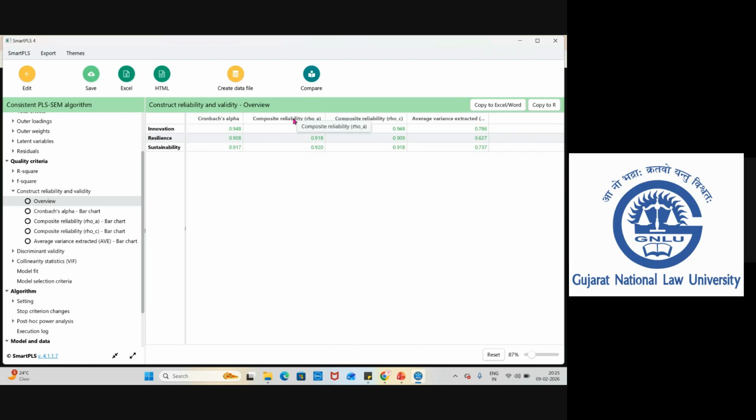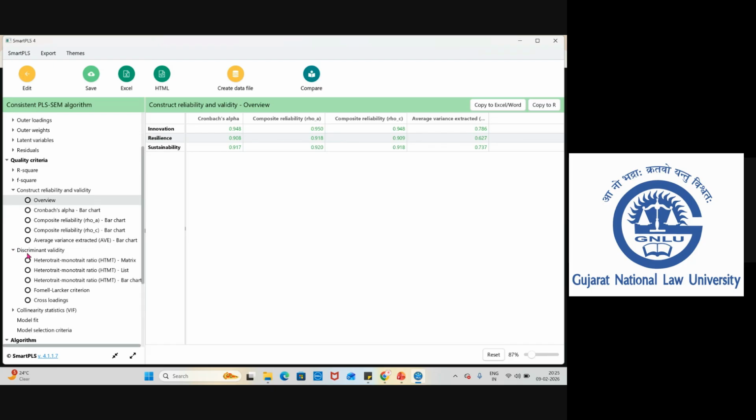I'm not spending much time because some of you may feel it is repetition, but it is a good exercise that we are repeating for every sample data we are working on. Okay. Now you can see the discriminant validity. Our HTMT value should be less than 0.90, or if you're going very strict, it should be less than 0.85. So it shows that all three constructs are independent. There is no overlap.